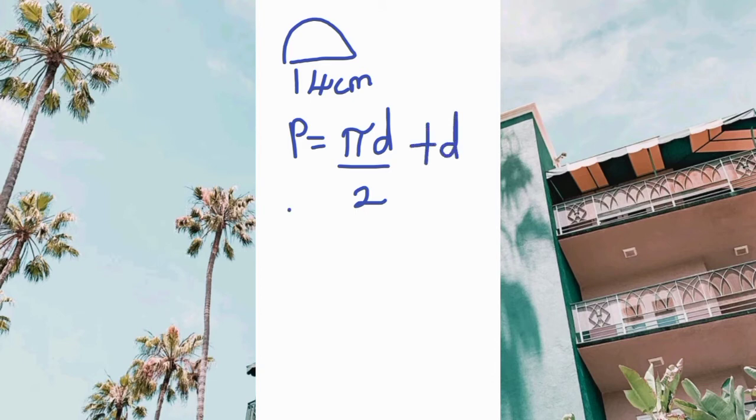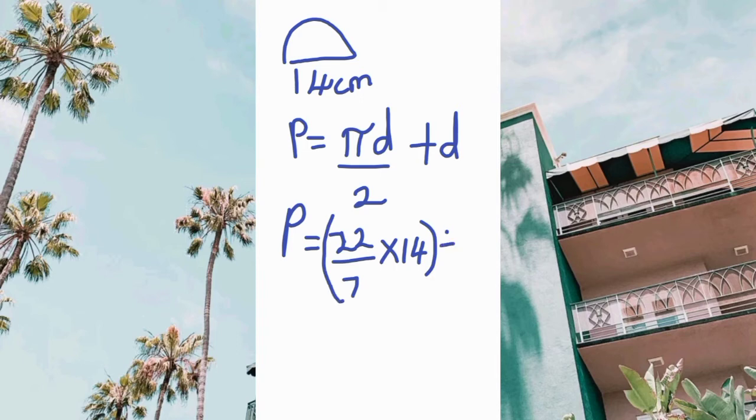In this case, our diameter is 14 centimeters. So we are going to put our pi 22/7 times our diameter 14 centimeters into brackets. And we're going to leave our division sign and our 2 outside. So 7 into itself is 1. 7 into 14 is 2. Now we have 22/1 times 2,